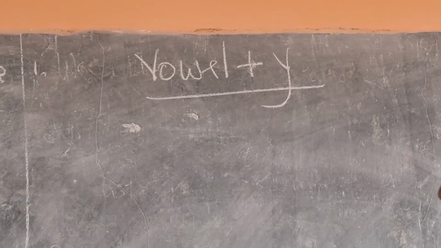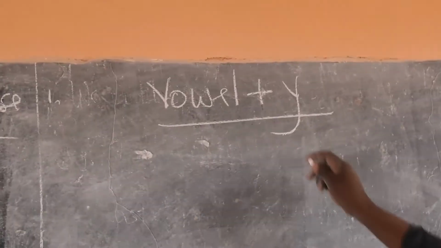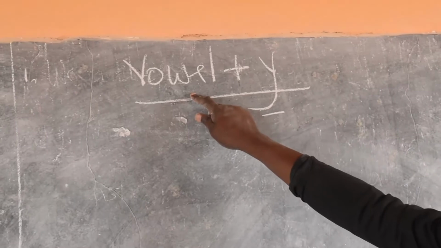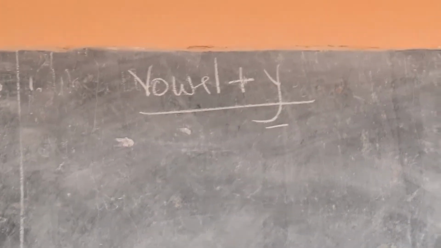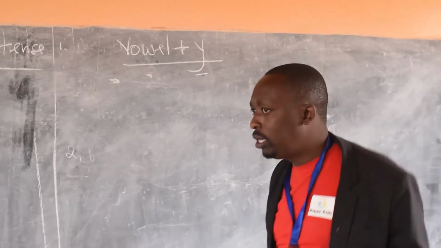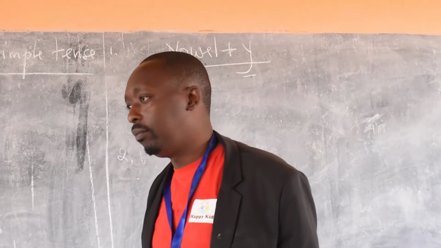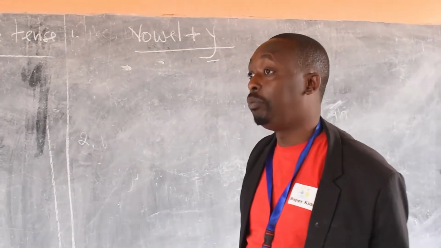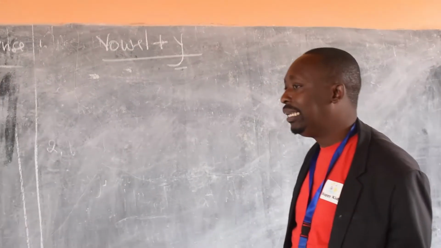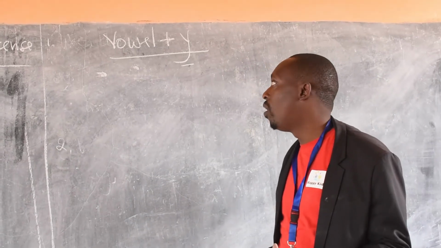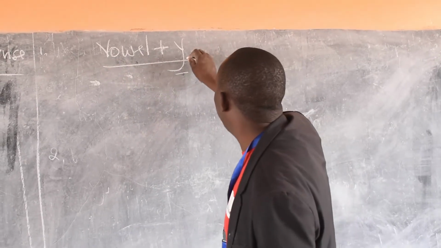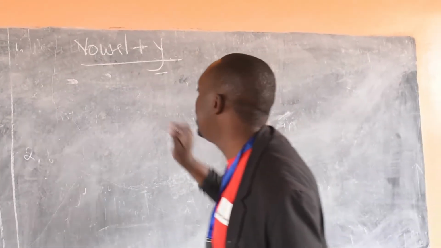Now, you may have a verb which ends in y, but before y there is no consonant. You can realize that before y there is a vowel. Then how can you put that verb in a simple past so that you can be able to express any past activity? Can you add ed? I think no. So, in this case, we don't add ed and even we don't change y.